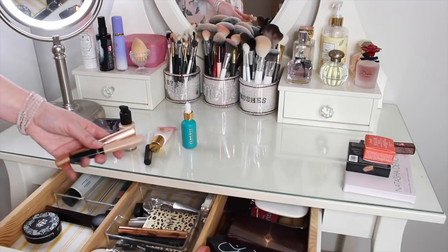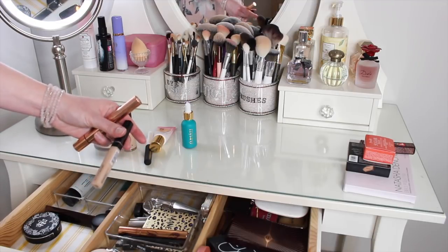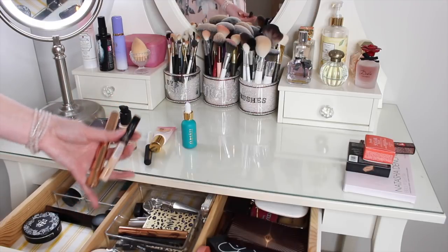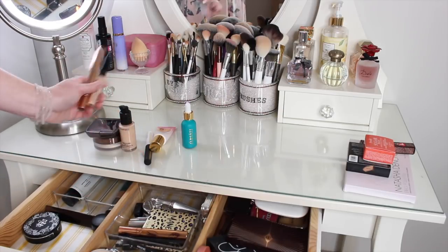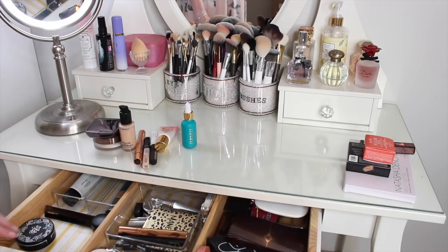For concealers, I have the Charlotte Tilbury Magic Away and the Maybelline New York Fit Me Concealer. These are both really good. The Fit Me I don't love, but I do like it enough to keep it. I'm going to swap those out, and I already have in mind what I'm going to swap them out for. So those are my